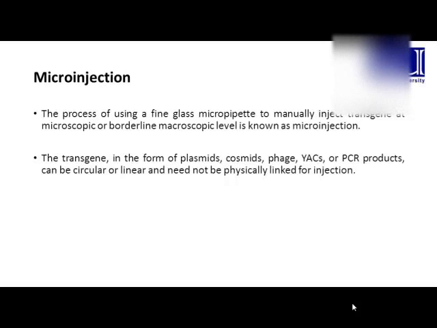Here we will discuss a little bit of introduction of plasmid. Plasmid, you all know that this is an extra chromosomal DNA in bacteria, and this is used as a vector to introduce a transgene into any desired species. Cosmid is a type of hybrid vector and it is composed of cos site and plasmid.